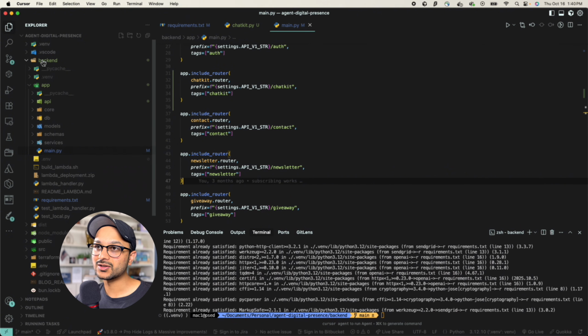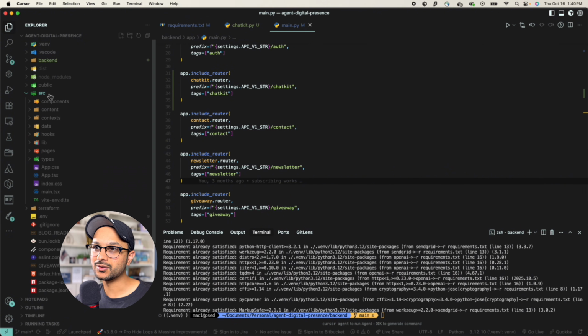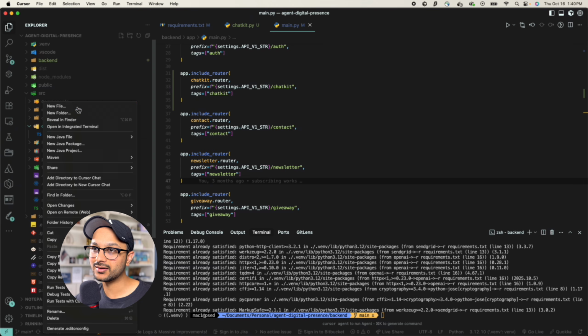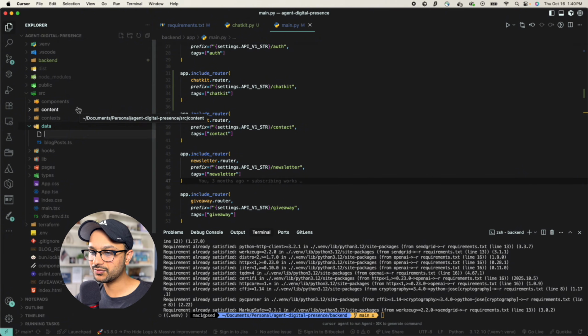All right, now let's start making changes on the front end. So if I go to the source folder, first thing I want to be able to do is, of course, grab that API token that I just created from my backend, right? So I'm going to, in the data file folder, create a new file and call it